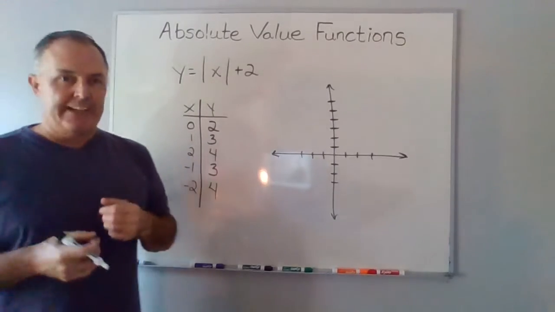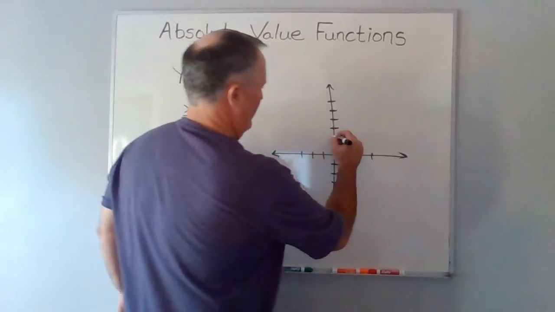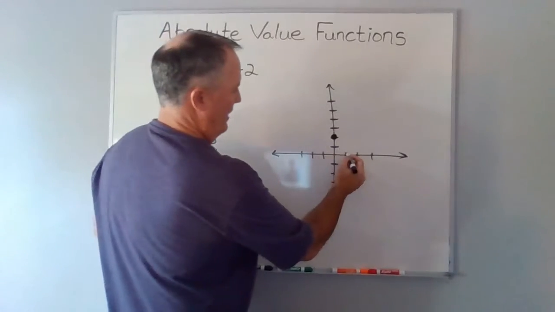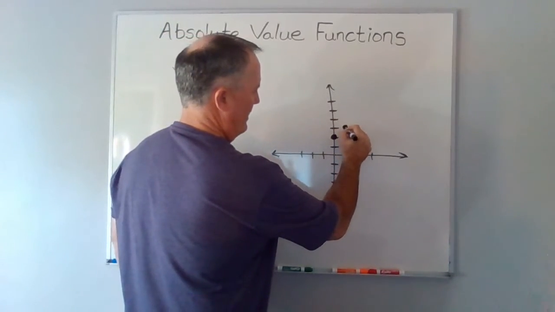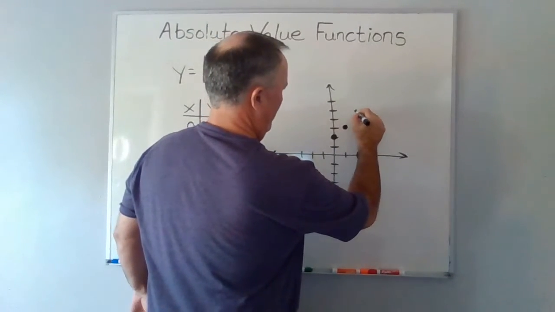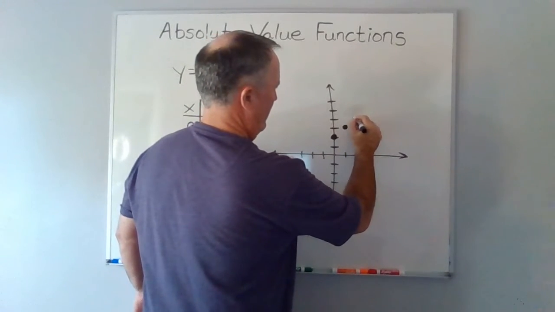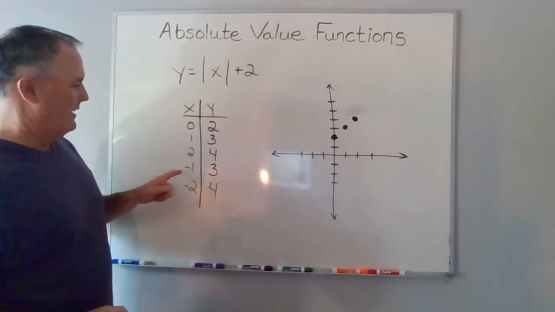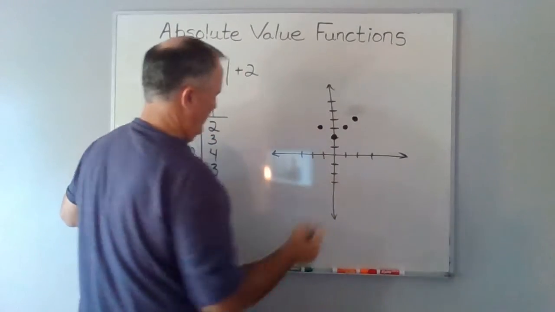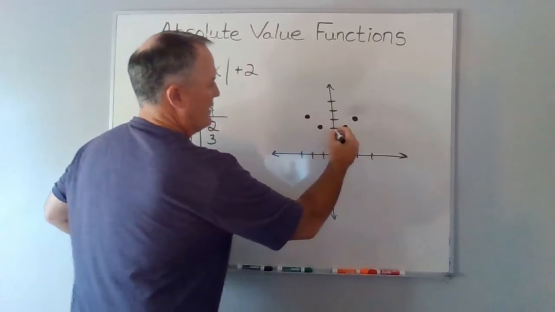So let's see what change was made. What transition was made? 0 and 2 would be right here. 1 and 3, over to 1 up to 3, puts a data point right there. 2 and 4, 2 and up to 4 goes right about here. Oops, I went too high. 2 and 4 goes there. Then we work the other side. -1 and 3. -2 and 4. So once again,